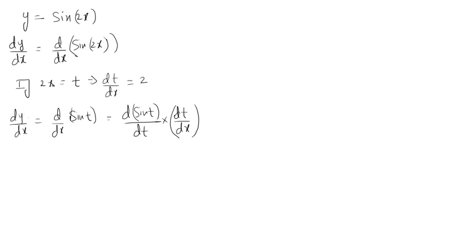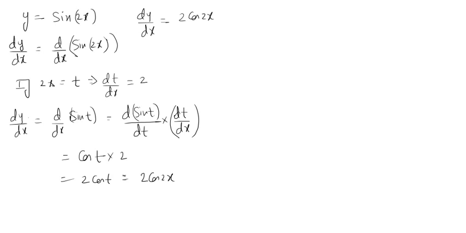So dy by dx is d sine t by dx, and that can be written as d sine t by dt into dt by dx. Now d sine t by dt, here you have t and in the denominator also you have t, so it is cos of t. And dt by dx is 2. So the answer is 2 cos of t, but t is a variable that I have introduced, so I want to express it in the form of x. So if y is sine of 2x, then dy by dx will be 2 cos of 2x.